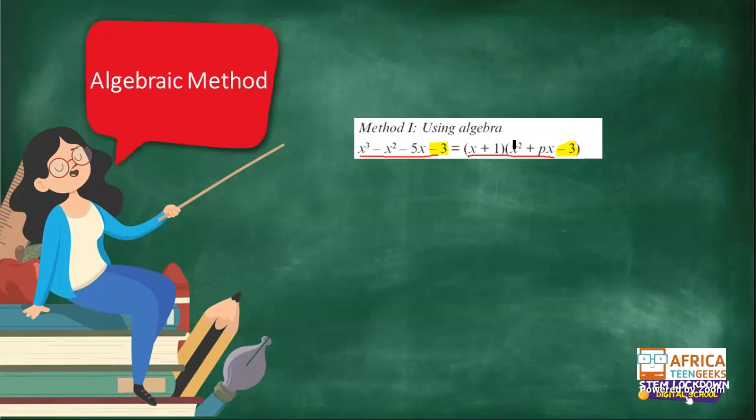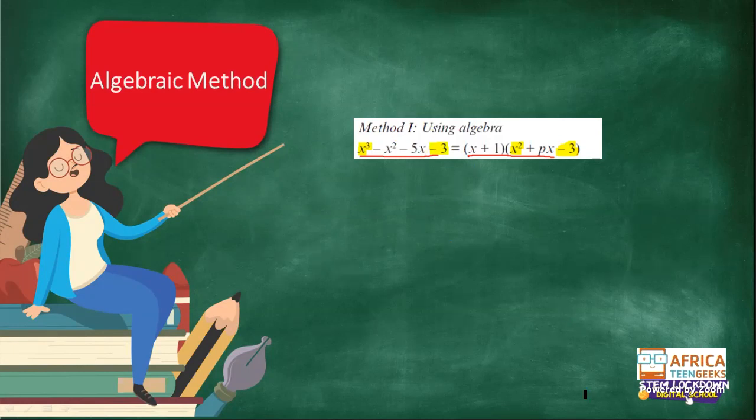And then how did we know that we will have an x squared? Because of this cube. You know that x times x squared will give you x cubed. And when you multiply positive 1 and negative 3, it will give you the last term. So by inspection, it means you're trying to find this term. But then you can equate your term with x squared.